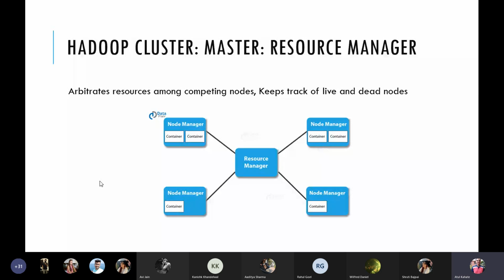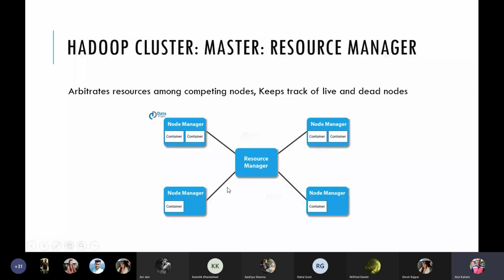So container will have its own, let's say, CPU time, it will have its own memory, it will have all the resources which a process in an operating system normally has. So Hadoop uses the terminology of container. So think of it like a process in an operating system. Here, container is, of course, only for Hadoop.